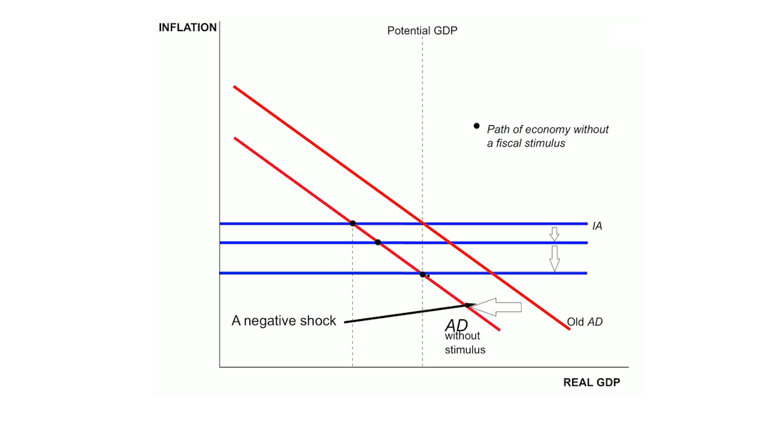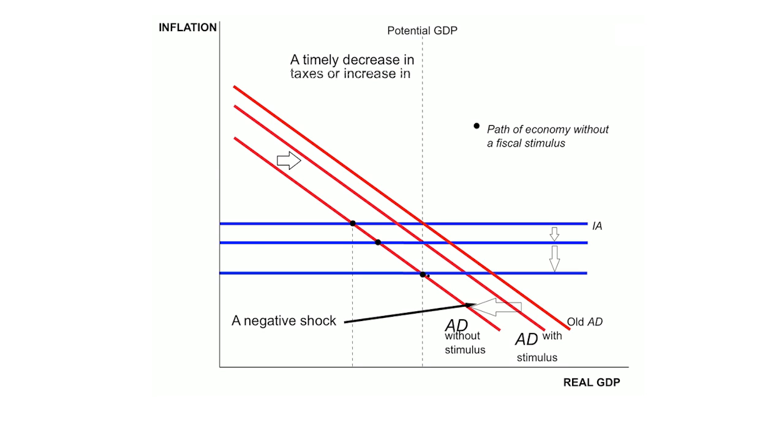So now think about the role of counter-cyclical policy. Suppose there's a tax cut or a spending increase that will move the curve over to the right. Let's assume it's timely, it's done just in time. And so you now have a better path along the diamonds here. It gets you back to potential GDP faster because you've shifted that curve over to the right. So that's kind of a way in which this could be working in practice, offsetting a negative shock with a positive shock.